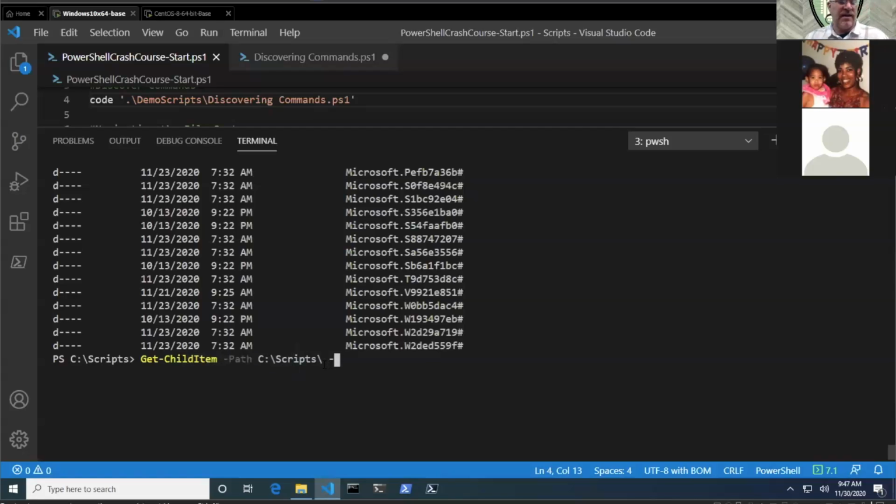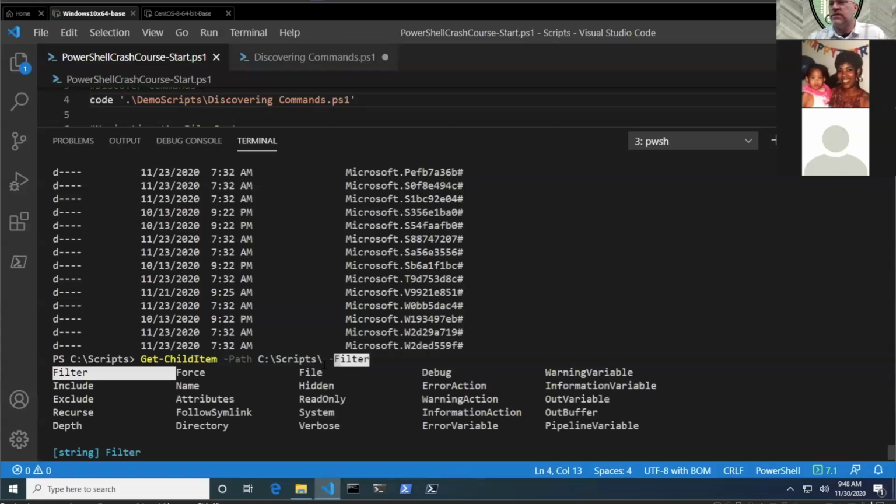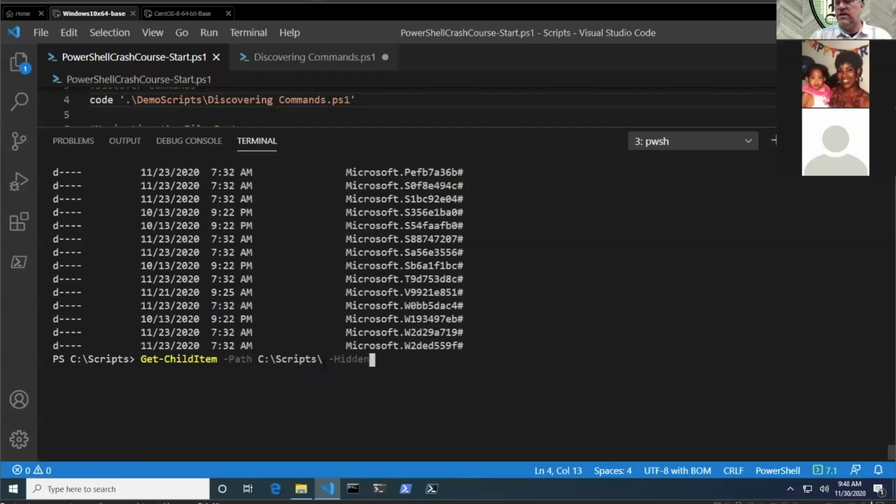So if I do a dash, control, space bar, I could see what other attributes or parameters I could use. Here they are. I can search for hidden, read only, and all that. So this is another tip that's going to help you learn how to use PowerShell much quicker. Let's go and enter again. I don't have any hidden